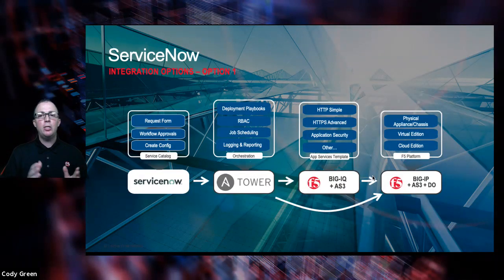Now, Tower can target either a BigIP or a BigIQ, which is our management platform. So let's touch real quick on why you would use one or the other. There's a lot of app telemetry available for you in BigIQ 6.0 and higher that really gives you detailed information on how the app's behaving, how the client's behaving, and what's going on in your environment. You can leverage that information when you deploy application templates through BigIQ, or you deploy using AS3 or Declarative API